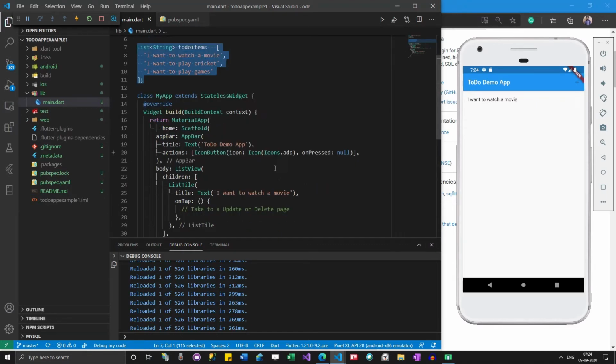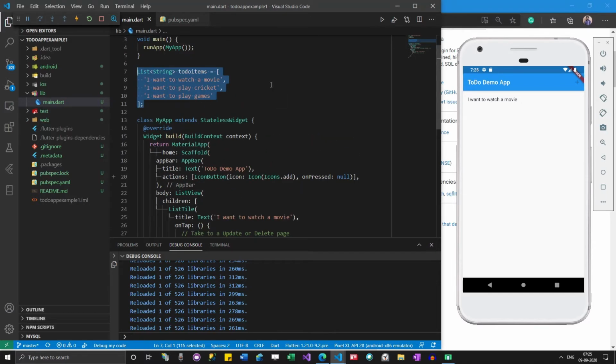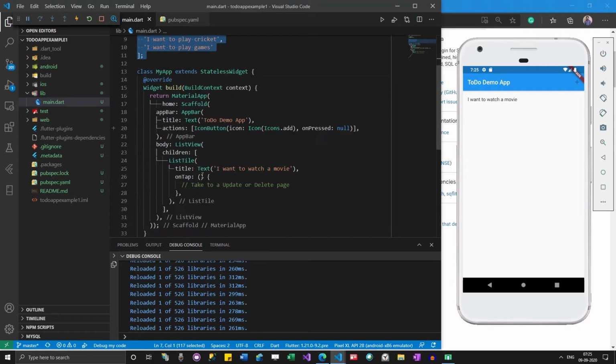All the calling and processing will be done separately, and the UI can just use it directly. So here I have this item. I need to modify this list view, so I'll just comment it out.